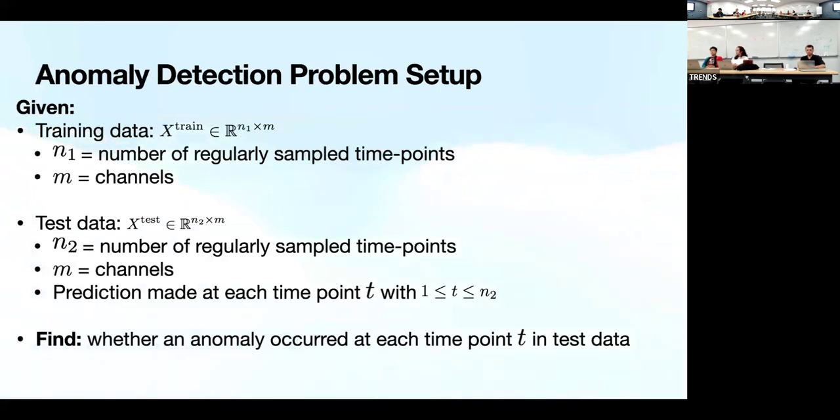So this is the basic problem setup for anomaly detection. Given a training data set, they have a bunch of data points. Each data point has a number of time points, and each data point also has a number of channels. We can think about this as time series data for us. Our channels would be brain regions, and our time points would be the number of time points in the